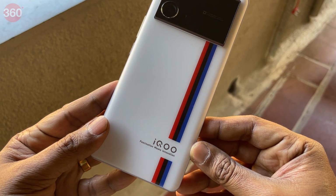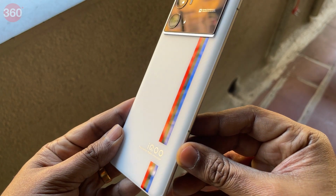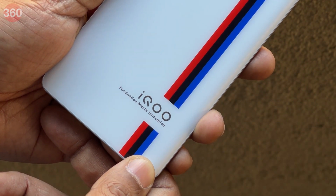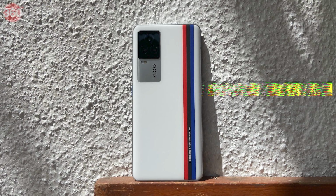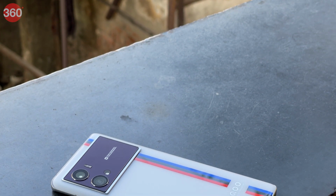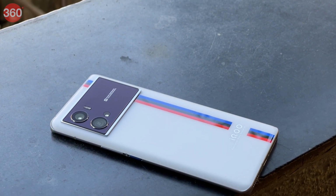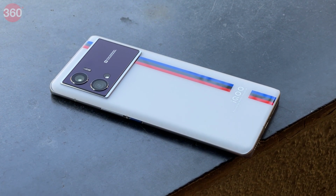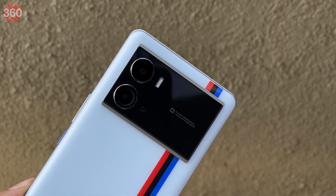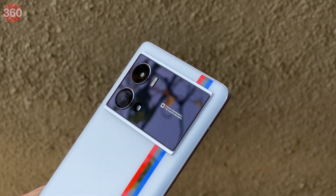iQoo has continued its partnership with BMW Motorsport, which has lent its racing-inspired legend finish to the iQoo 9 Pro and iQoo 9, similar to the design of the iQoo 7 Legend. There are some minor tweaks. For instance, the overall texture of the back panel appears a bit different thanks to a polished strip running through the otherwise matte surface. The camera module on the 9 Pro literally takes up 1/3 of the back panel but